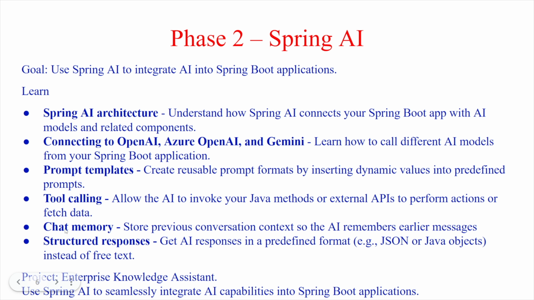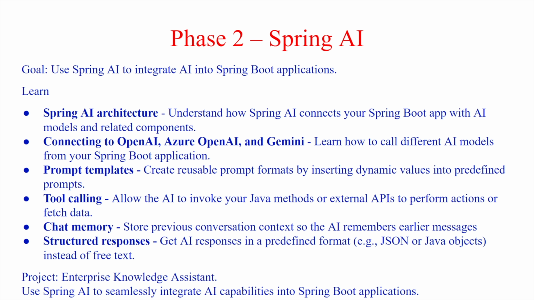The sixth one is chat memory. This is where you store the previous conversation so that your AI or your model remembers the earlier messages, which will help it take decisions and show responses with your preferences and your context. So chat memory is very important when you learn Spring AI, how to create a memory so that your AI application is remembering what the person has been asking for a long time and storing all that context.